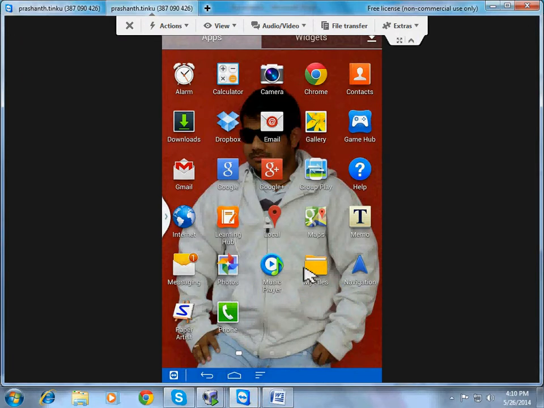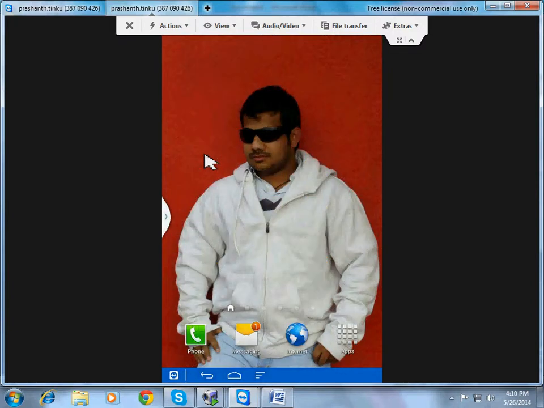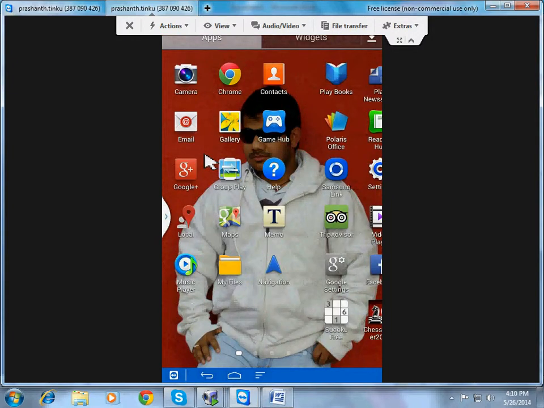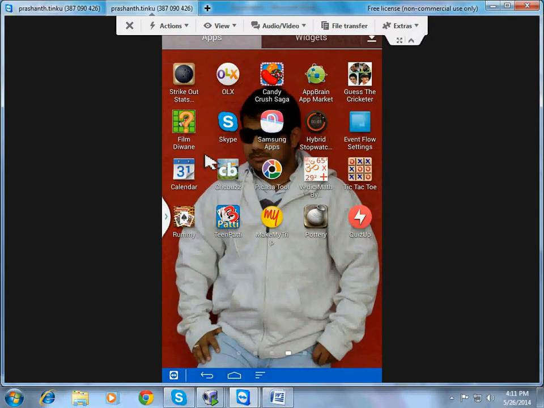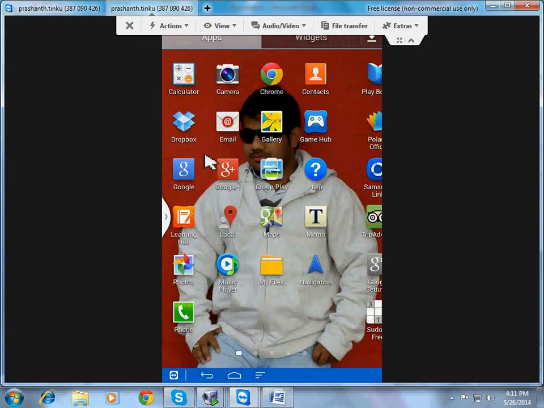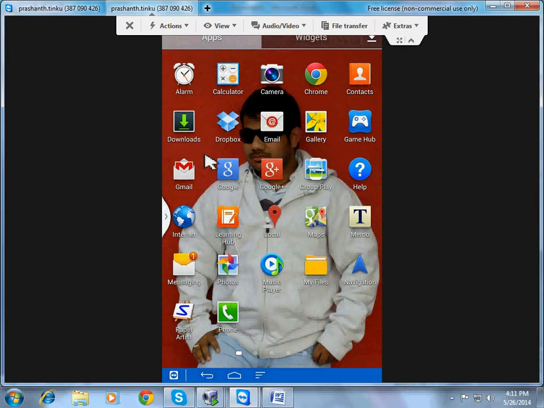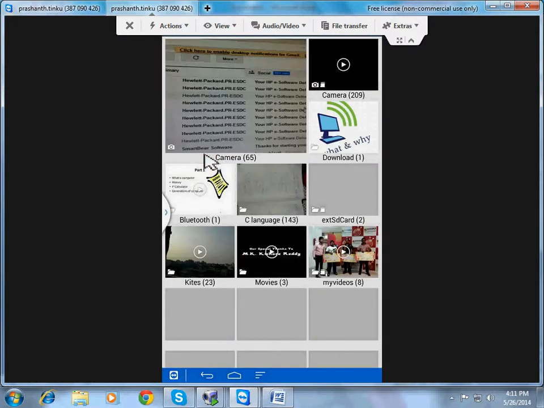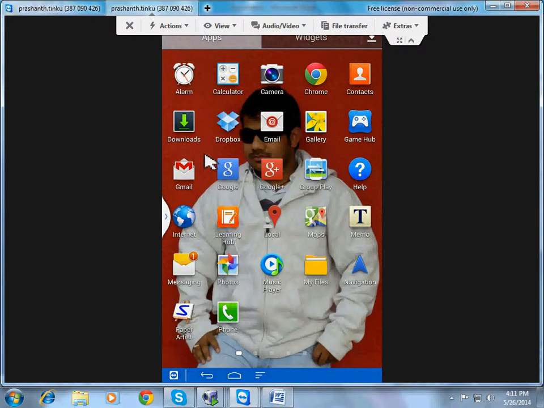Not only can you access the Android, you are also able to see what is going on in it. See, now I'm keeping my cursor here, I'm not clicking on anything, but I'm accessing it through the tab. Whatever actions I perform directly on the tab, you are able to see. So you can see what your friend is doing, whether he is going through your photos or your messages.